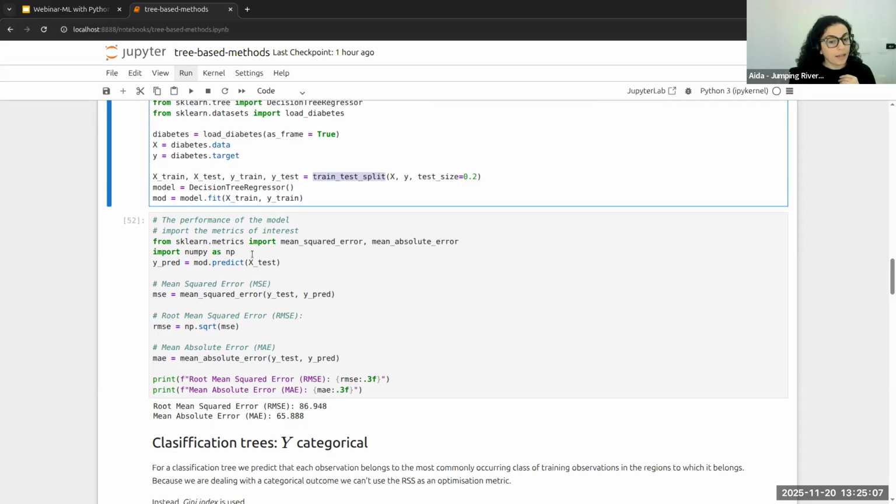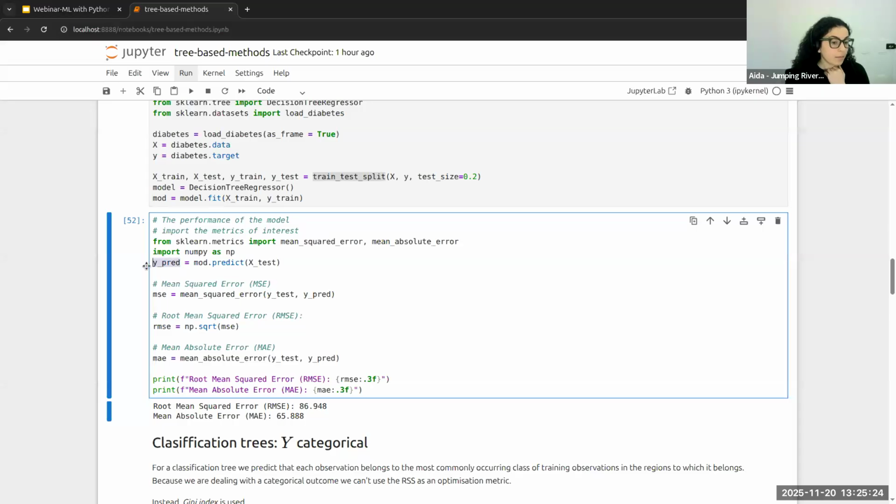And so I basically use my model to predict over those points where I haven't got the observations, and then I'm interested to compare these predictions that I have got from the model to the observed ones from my real data set.